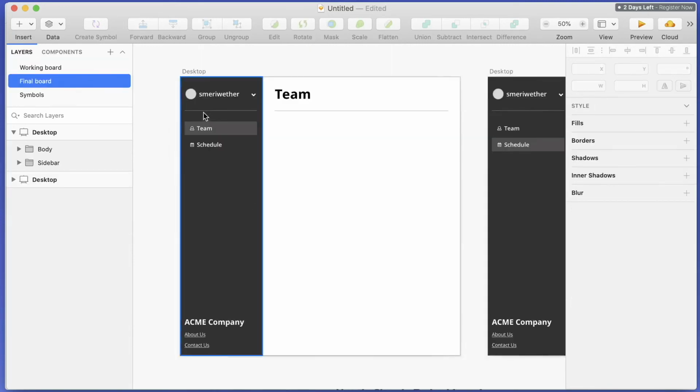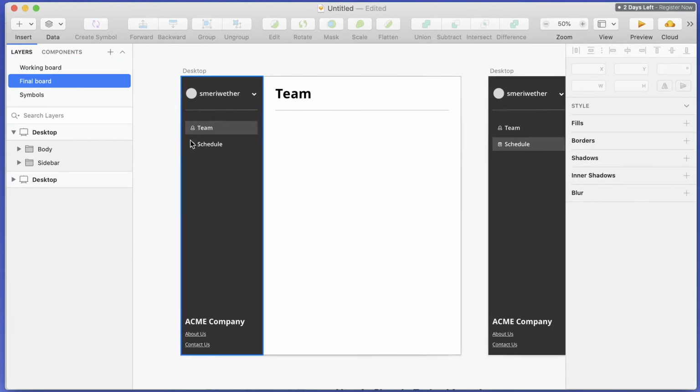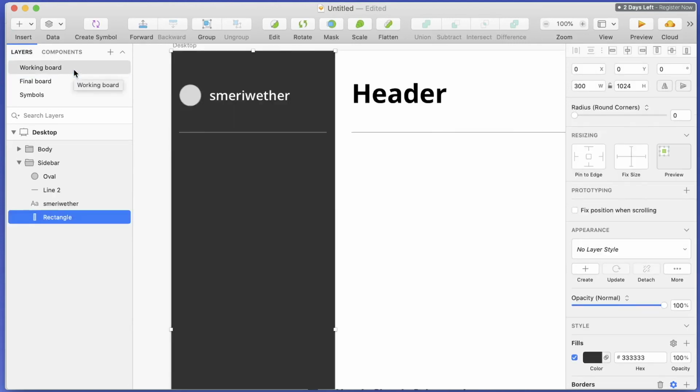If we look at the final board, you can see that there's some icons used here, here, and here. Sketch doesn't have icons that you can add by default, but there are a lot of Sketch